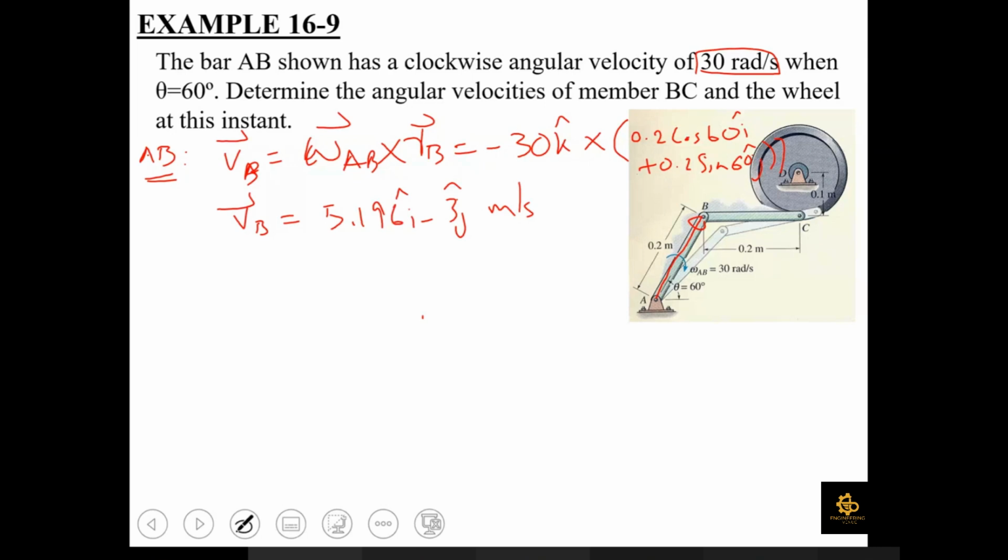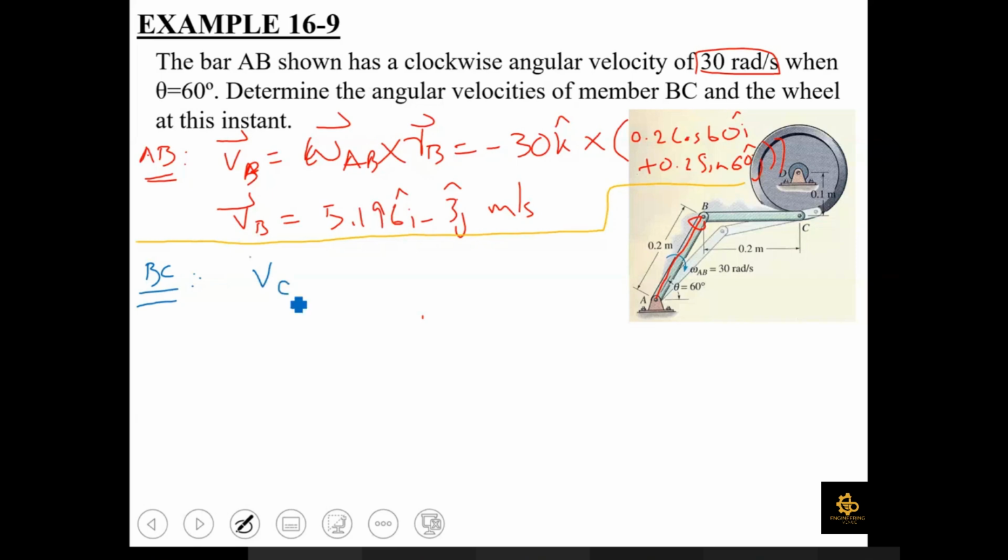So this is going to be the velocity of point B if we are considering link AB. Okay, moving forward, what should be the next link from which we move our analysis? It is the link which is in general plane motion. So what should be our base point? Which one will we make the base point, B or C? B, because the motion of B is now known to us, so we are going to make B as our base